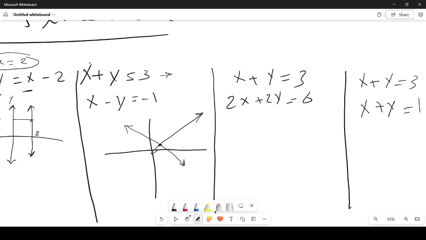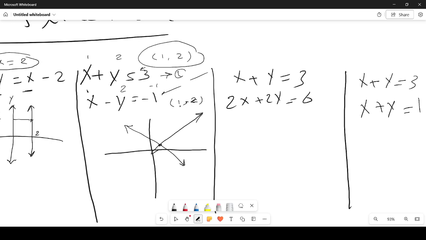If we assume that x equals 1 and y equals 2, well, it will satisfy the first equation, right? Where 1, 2 is a point that lies on the line of this equation. And if we apply the same thing on the second equation, we see that it satisfies here as well. So we have the same point,